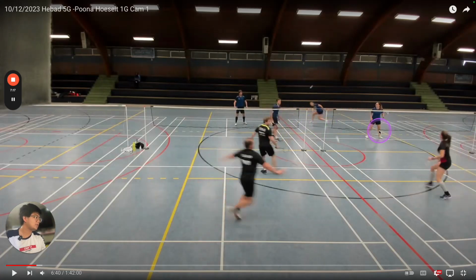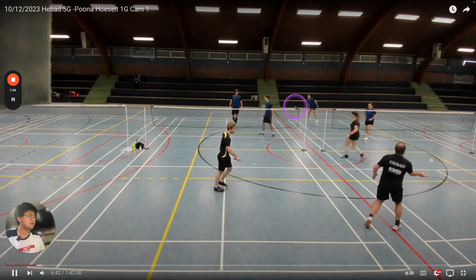So all he needs to do, did I go outside of the court? Or the net's too short. Okay, that's the problem. The net's too short. Yeah, that would have gone in the net, I think. But anyways, he knew you were playing it, so he's just able to toss you around like that.